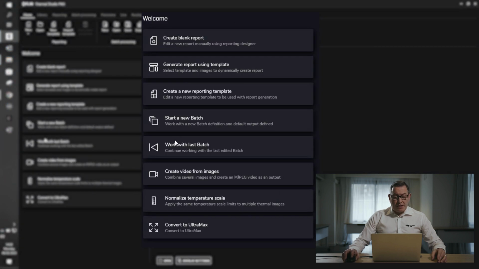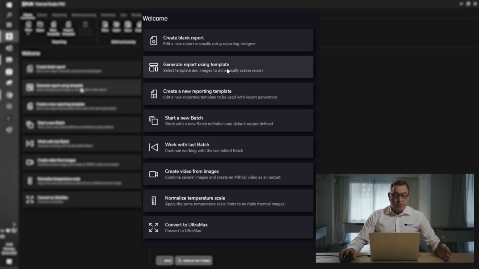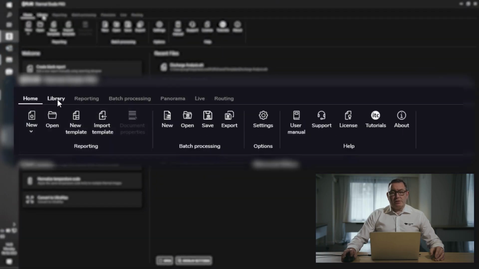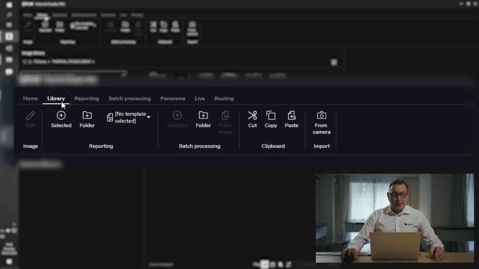Underneath, on the left hand side, you have the quick access selection points, which allow you to create a blank report, generate a report using an existing template, or create your own templates, which is a useful feature to have within this software. So as we move across to the right hand side into library, this is where you'll